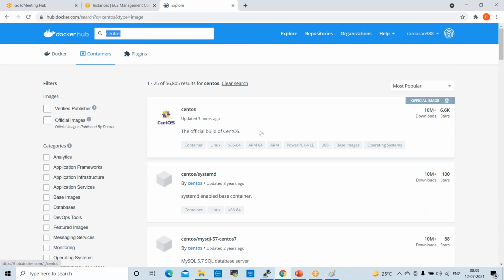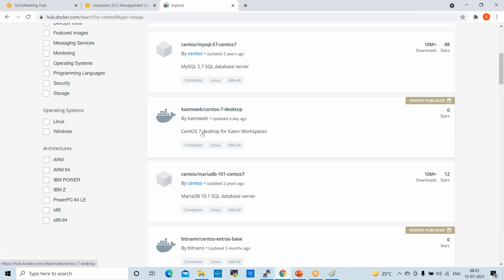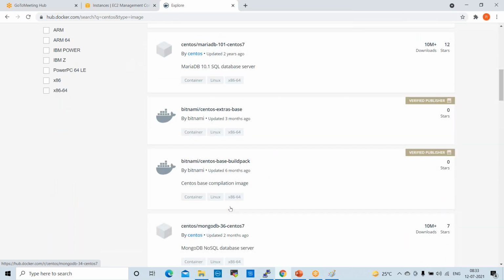This is the official image, with 10 million plus downloads already. We also have different packages available here, so whatever package you require, you can select it and download it to your local.